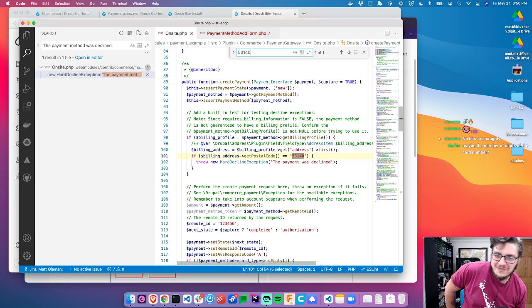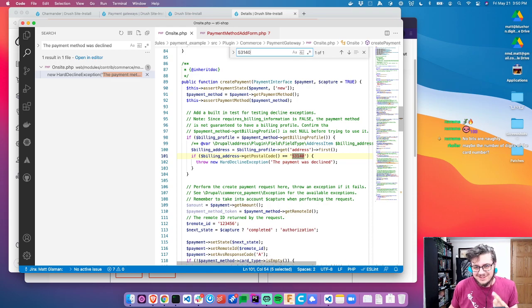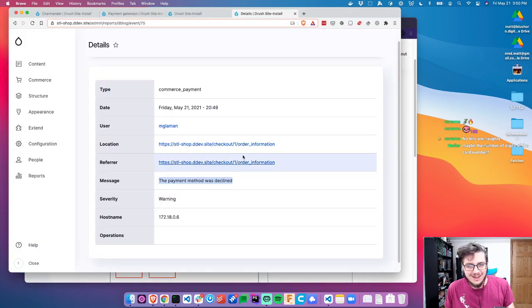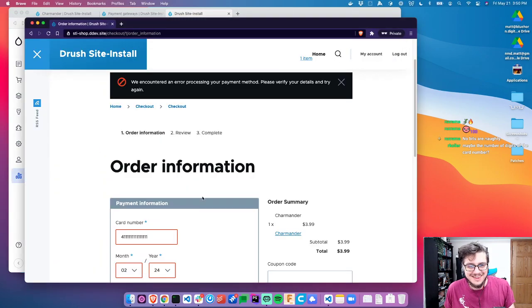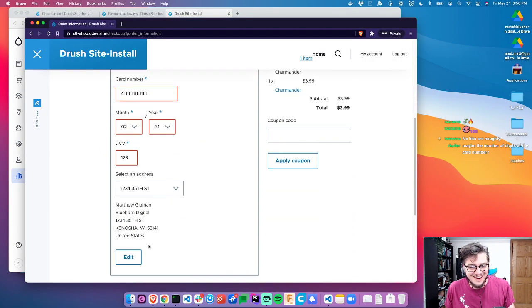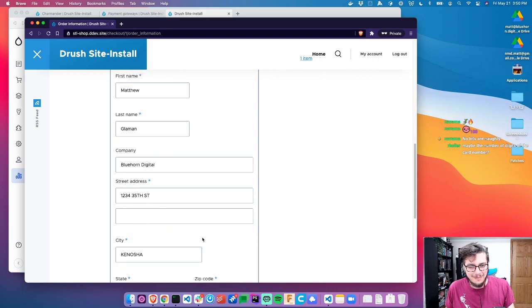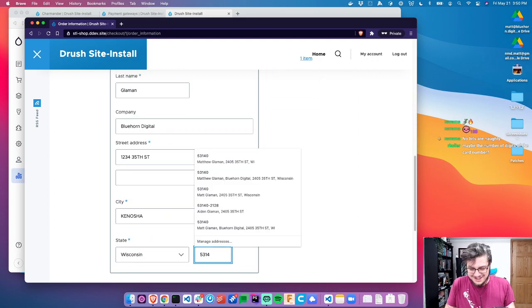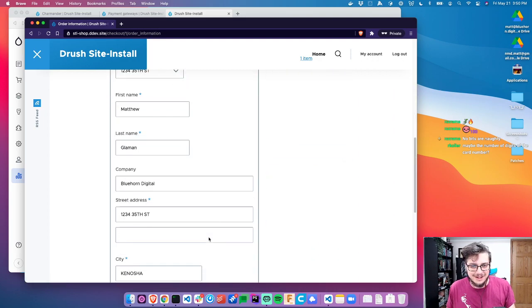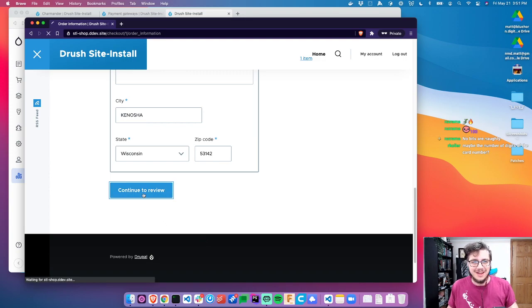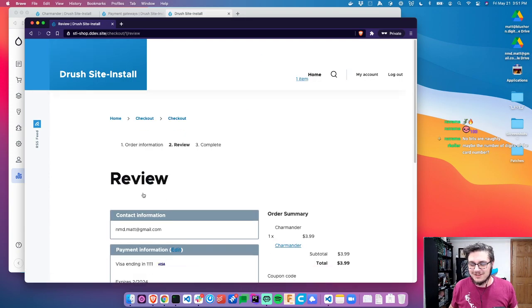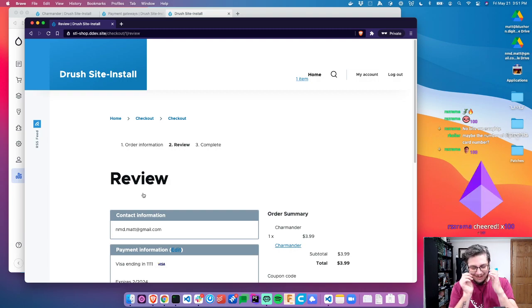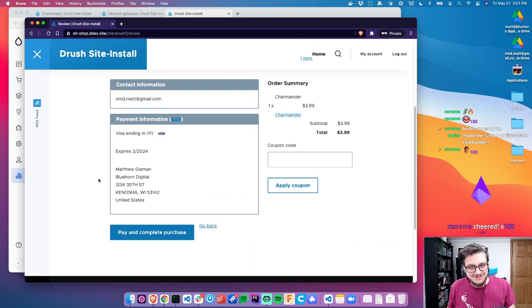So I didn't shoot myself in the foot once, but I did twice, because two Kenosha zip codes are invalid and throw exceptions. So there's nothing wrong with Drupal Commerce here. It's me when I wrote tests forever ago. So yep,